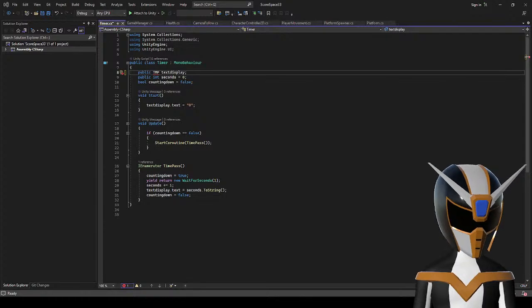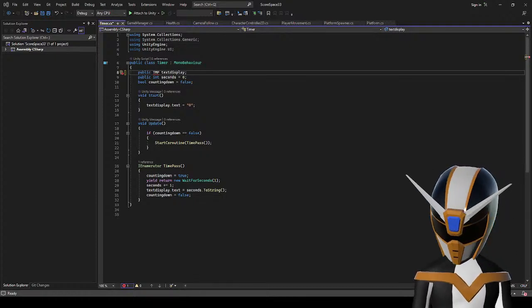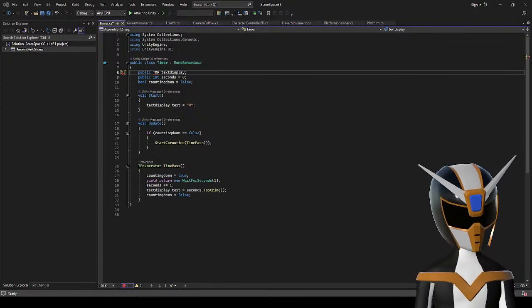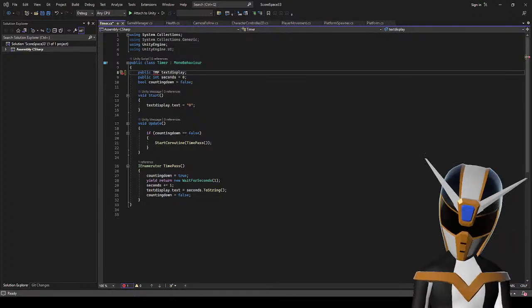Okay, do I have to say using Text Mesh Pro? Hold on. I'm just gonna look at the documentation.